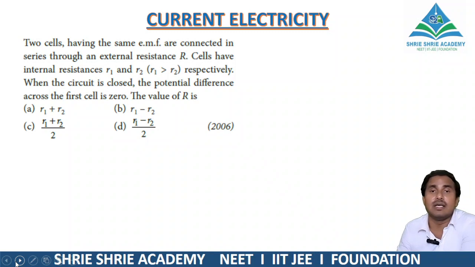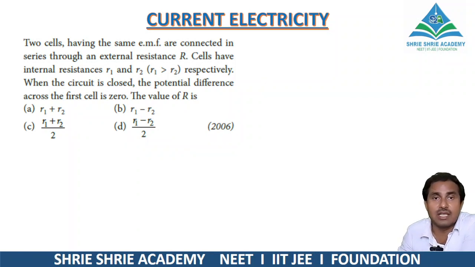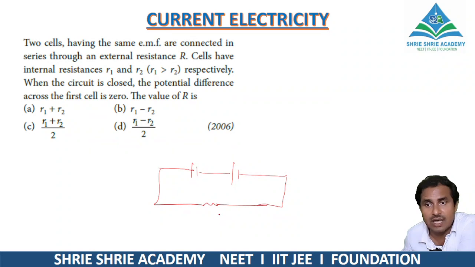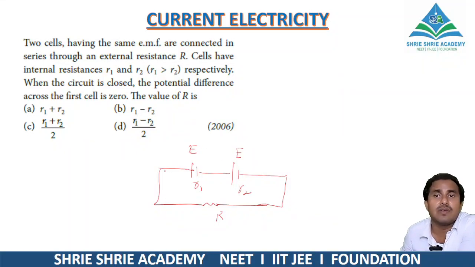Here two batteries having the same EMF are connected in series through an external resistance R. So quickly we will find out this one. Two batteries are there, rightly connected; they are not mentioning wrongly connected. Here the external resistance is capital R and the internal resistances of the batteries are R1 and R2, having the same EMF. So he is saying that when the circuit is closed, the potential difference across the first battery